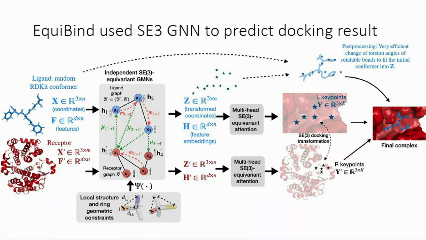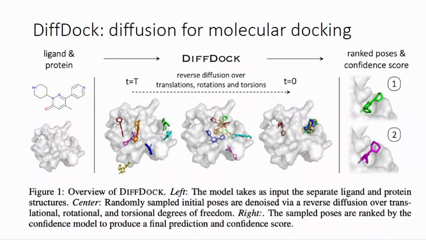A similar thing happens for the docking model, where the later improved version called DiffDock, from the same group, uses a diffusion model instead of the one-step prediction model to predict the translations and rotations of the small molecule atoms. The architecture is very similar, it's still an equivariant architecture, but instead of doing everything in one shot, they try to model it in multiple steps of a diffusion model.